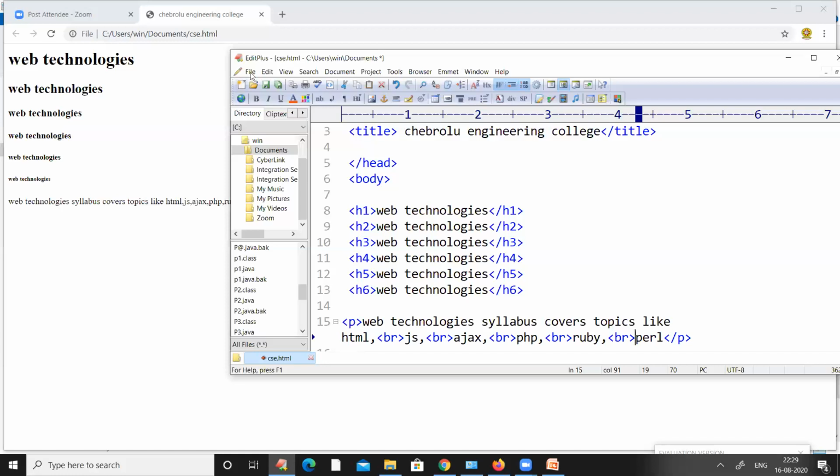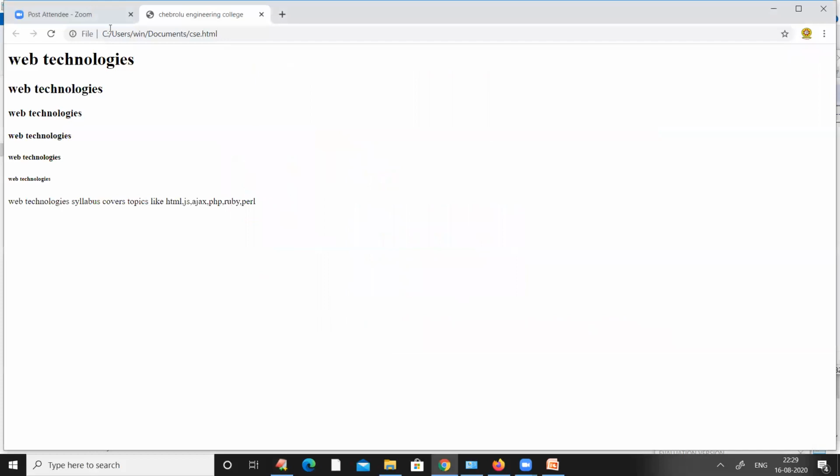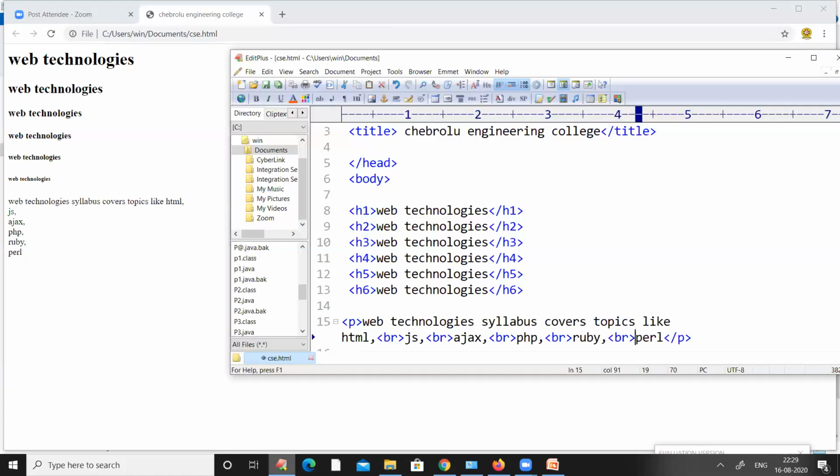So let us save this particular code and then refresh the page. You can observe web technologies syllabus covers topics like HTML, JS, Ajax, PHP, Ruby, and Perl. All the things are represented in a separate line.